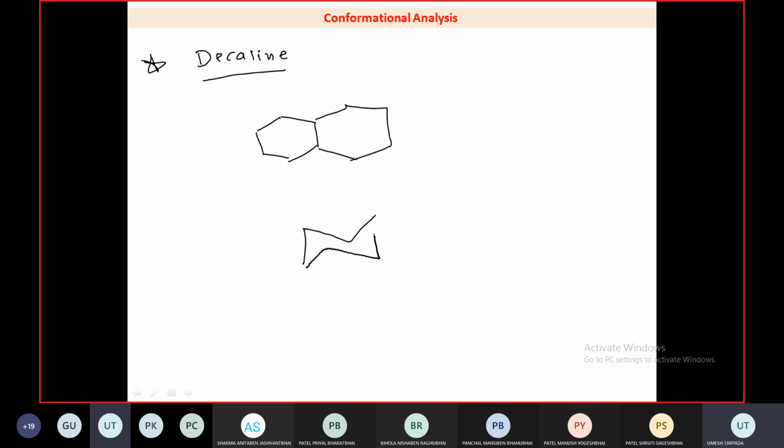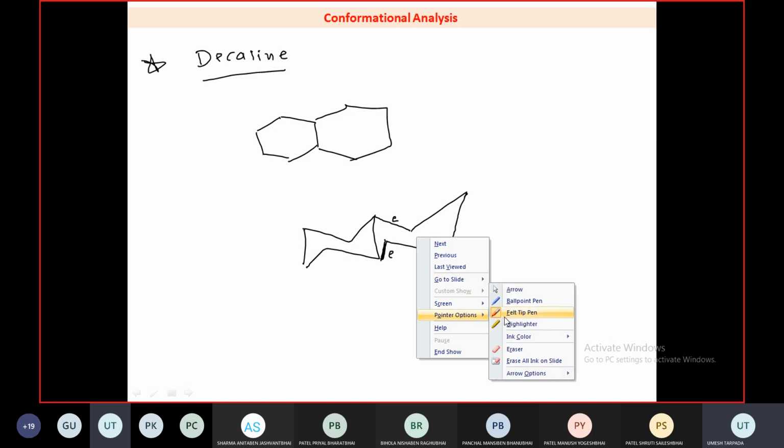What about decalin? Decalin having C2 configuration. If you look at the conformational analysis of decalin, decalin has two rings. So both the rings are joined, one is by this way. See, look at here. This group is at equatorial. This group is also at equatorial. Look at here. So now you can extrapolate both the lines. So is this a trans decalin or cis?